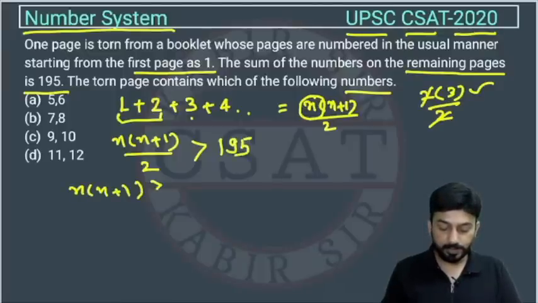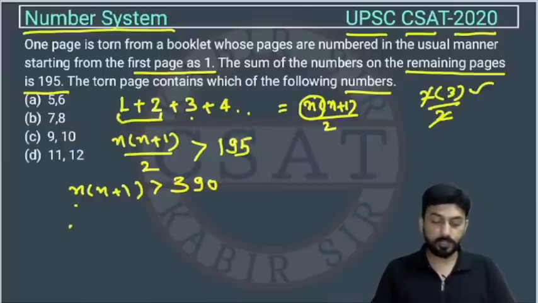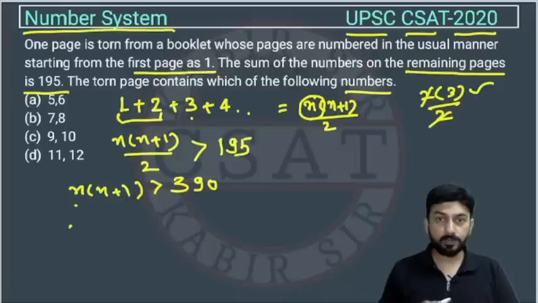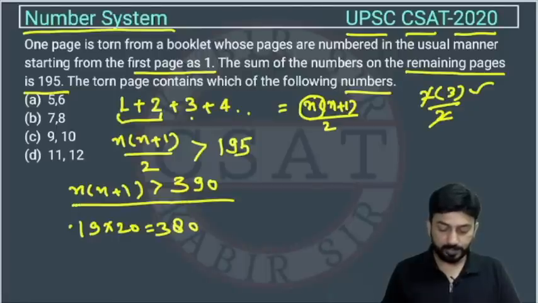So n(n+1) will be greater than 195 into 2, which will be 390, right। so n(n+1) ये कितना होना चाहिए, देखो ये 400 से कम है, so n will be near about 20, right। if we take 19, so if n is 19, n+1 will be 20, so this will be 380, but we need value greater than 390, so 19 is not possible, so n, let's take 20. if n is 20,